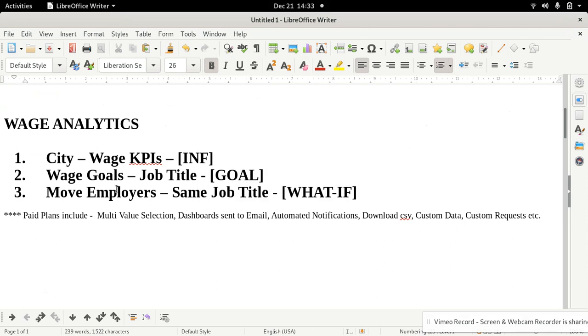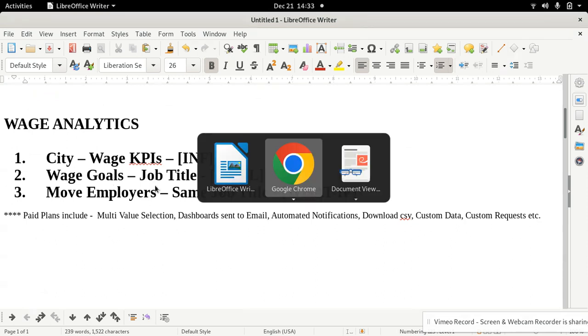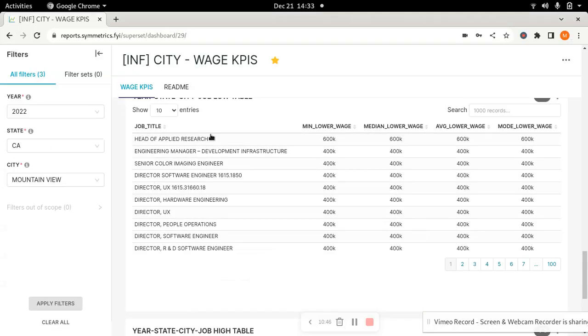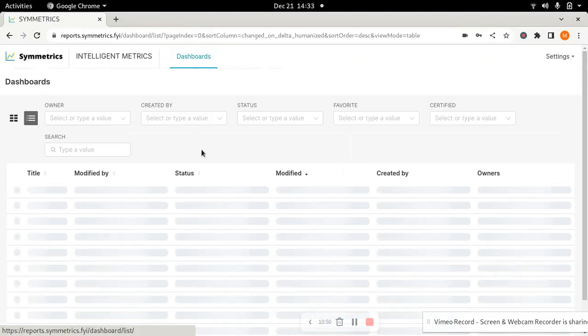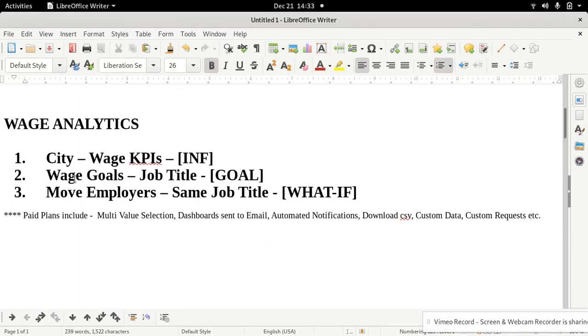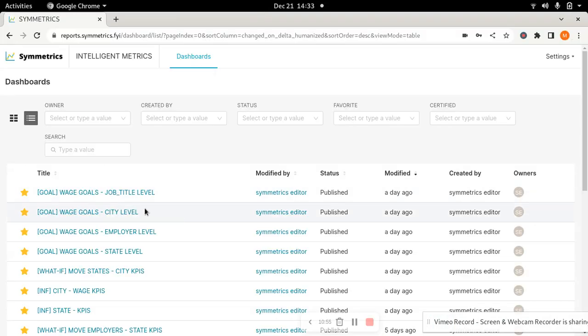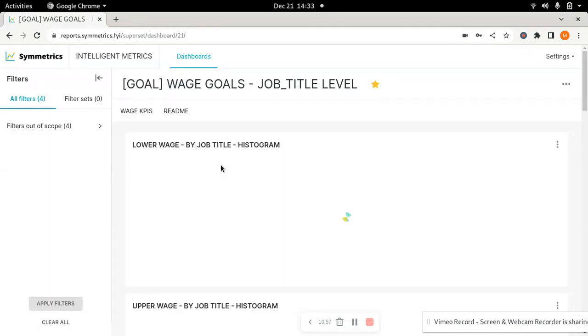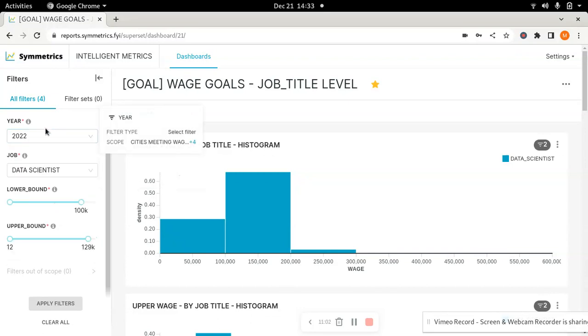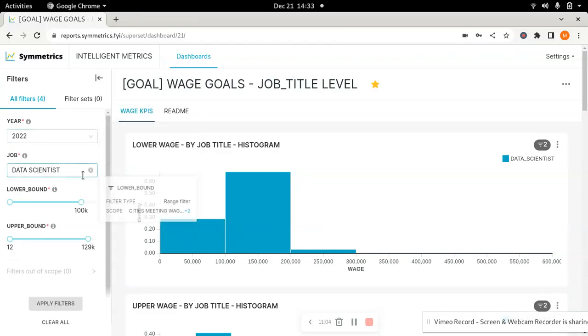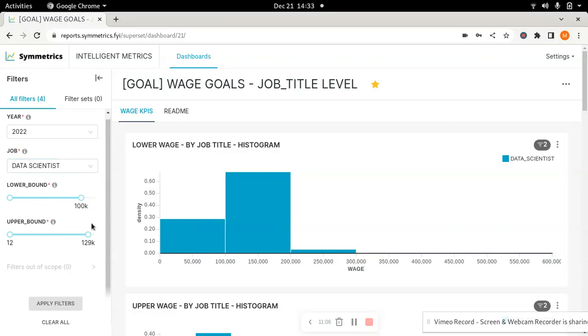Now let's go back to the second one. Wage goals, job title. Now that is a goal. So let's say you had a wage goal, right, of making a certain amount of salary. So in that case, what you want to look for is wage goals, job title level. So if you click this dashboard, click the wage KPIs, what you would find here is in the year 2022 for the data scientist job,